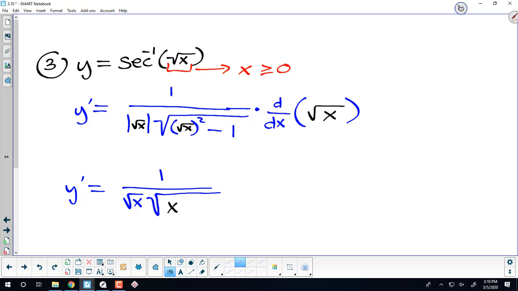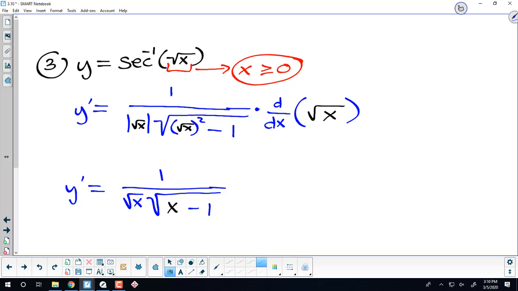Otherwise, you would have a complex function, not a real function. So this is x. The absolute value of the square root of x was just the square root of x because of this. So we have the square root of x squared minus 1 under the radical